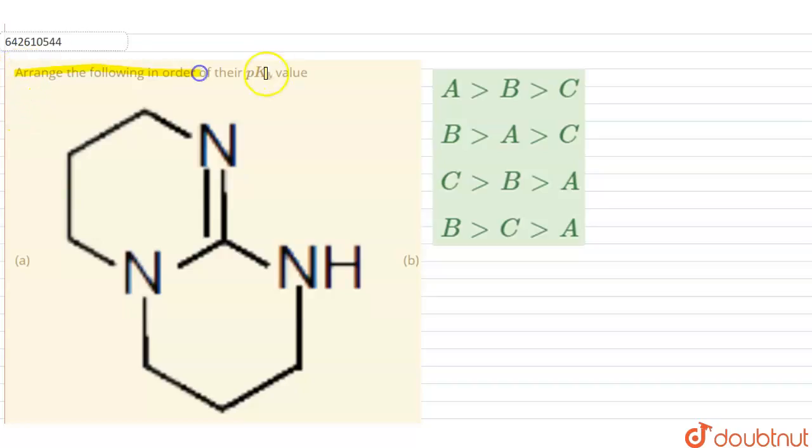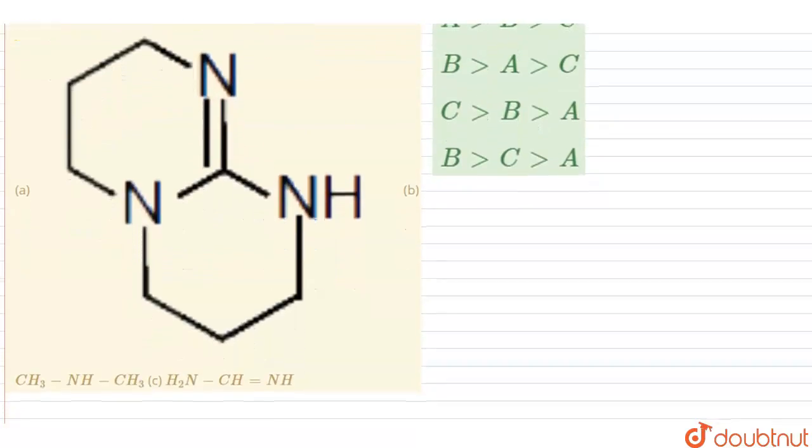Hello students, let's start the question. Arrange the following in order of their pKb value. So, pKb value is related to the basicity of a particular compound. So, we have been given